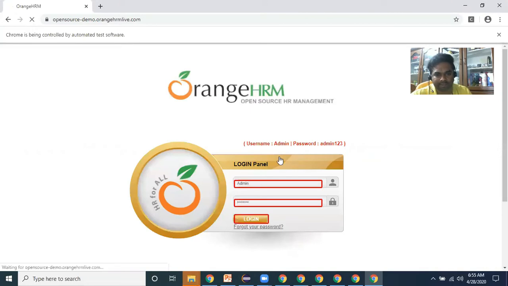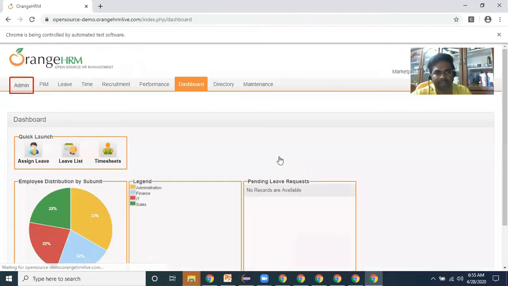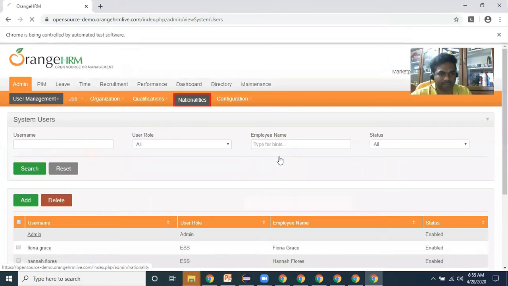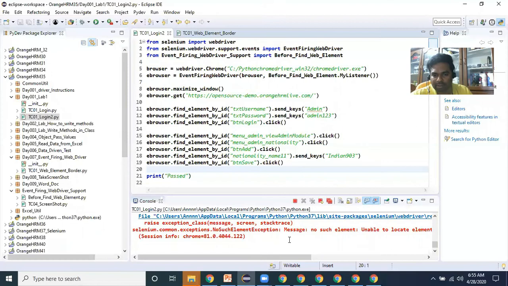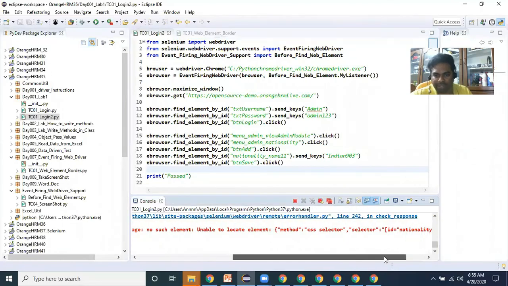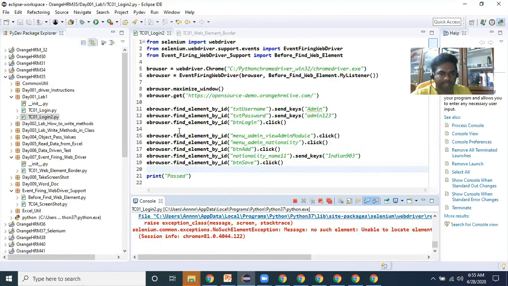Let's see. See here, the name is not typing, which means something is wrong at this place. So if you are using event firing WebDriver, we can easily understand the execution progress like this.